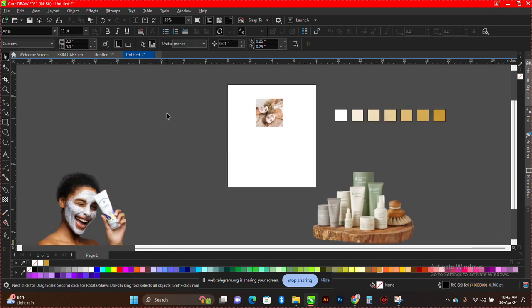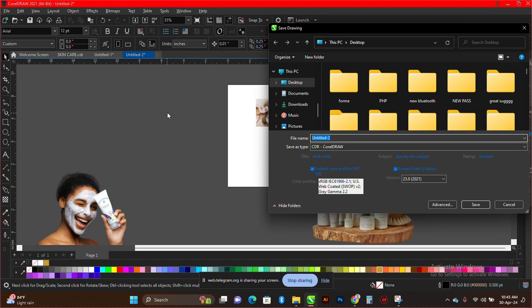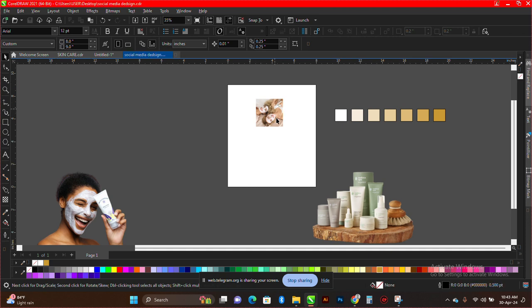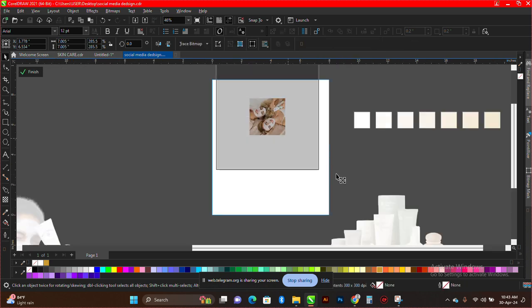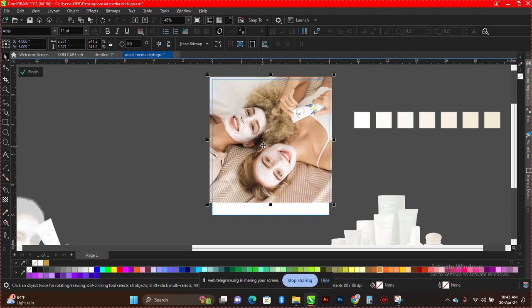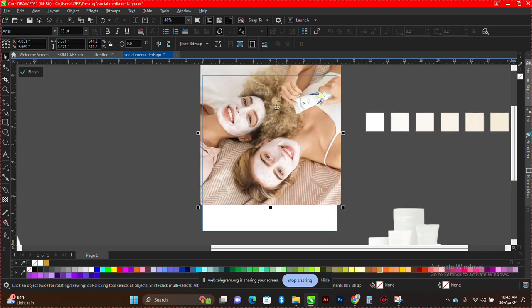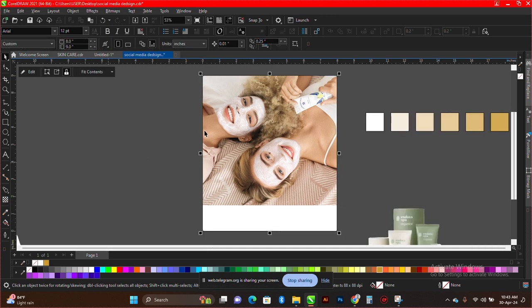Then the next thing I have to do is to power clip it. So actually I have to save it, because CorelDRAW can close at any time, and if you don't save, you might not recover any part of your work. So I have to save my work. So hope, are you following? So this is the picture we are using. This is the picture we are using, and I have to,